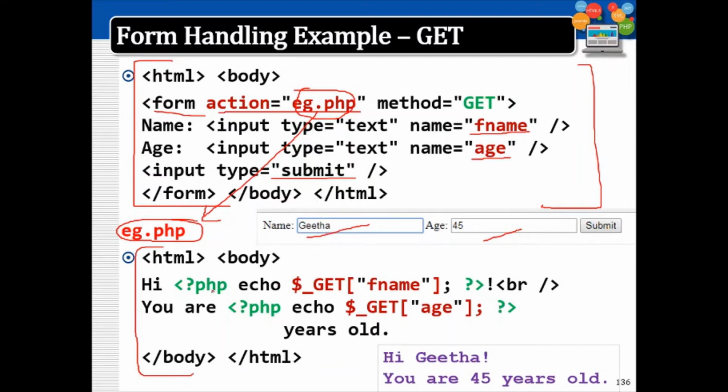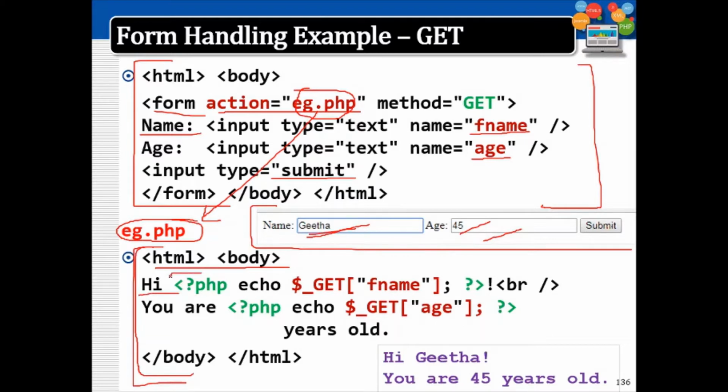Now moving on to the handler. So this shows the display of the form. It has a label name and I have entered the value Geeta and age is 45, and then clicking the submit button, this is the example.php file, and this file will take control of the form data. This will be saved at the server. So again it is a PHP file. What it is going to do is just retrieve the values I have entered and give them as output. So, hi, to get the value.